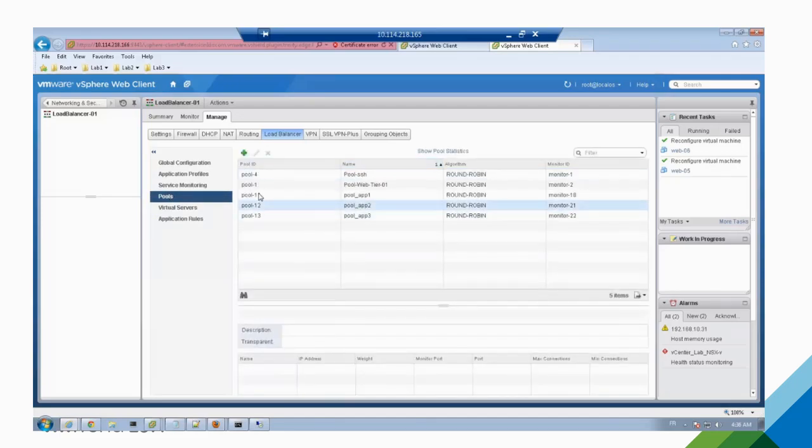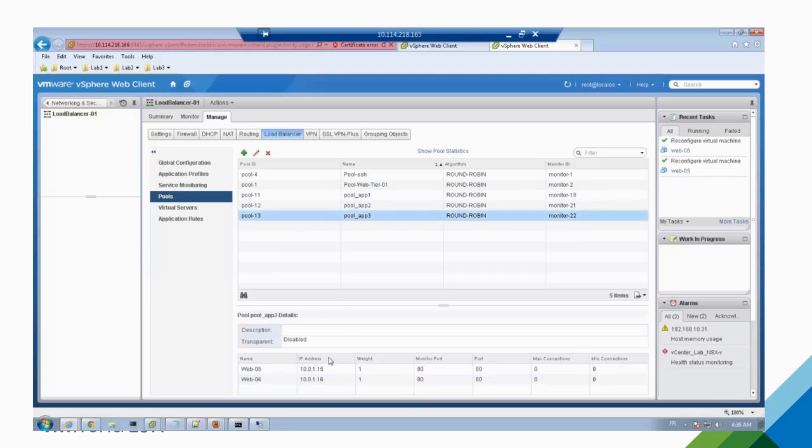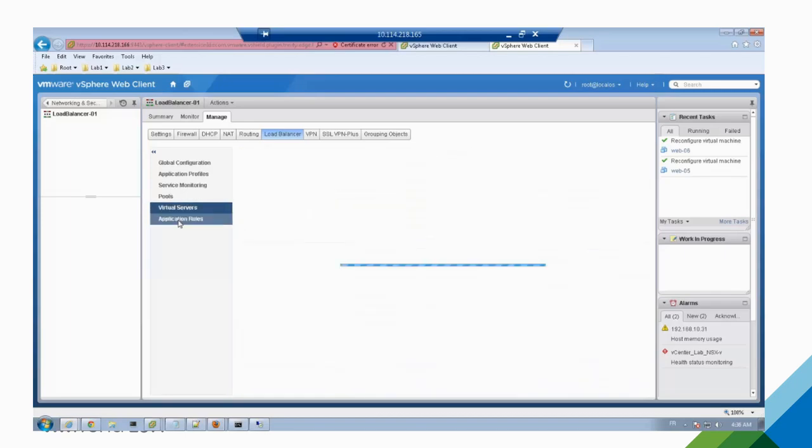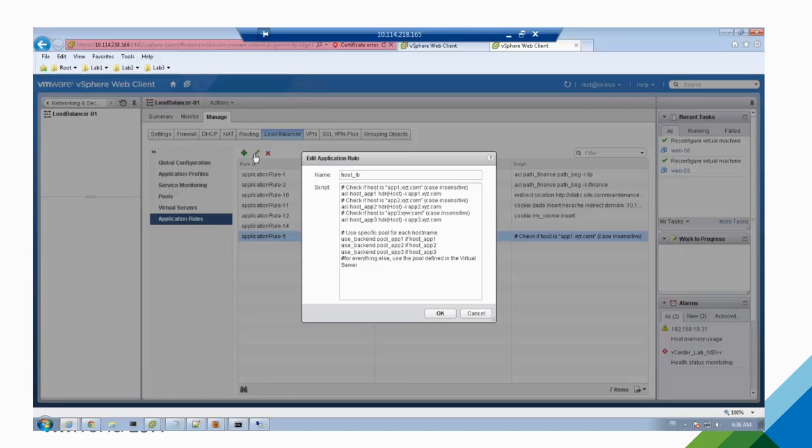Okay? And then you create your pools. So your pool number 1 is with servers 1 and 2. The pool number 2, or 12, is 3 and 4, and 13 is 5 and 6. And I use a different health check for each pool. Okay? So pretty straightforward. It's the same on all load balancers. So if you know load balancers, you won't be lost. Now I created an application rule to decide, if it's app 1, go here. If it's app 2, go here. If it's app 3, go here. How do I do that? We use HAProxy syntax. So if you know HAProxy, you won't be lost. If you do not know HAProxy, read the user guide.